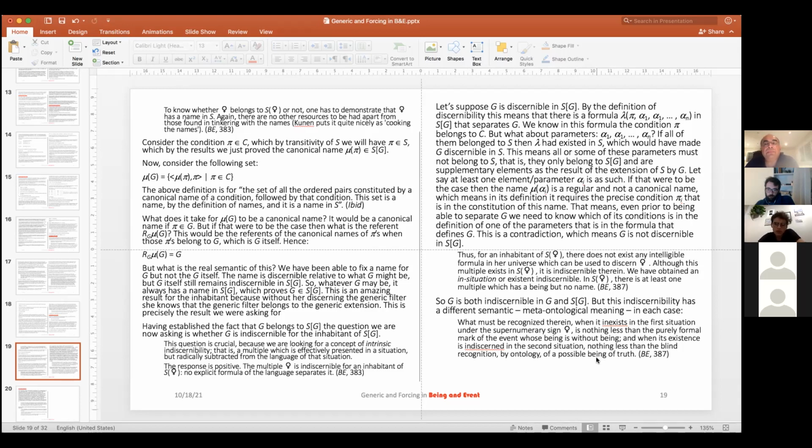Can I ask, can you clarify a bit about G being indiscernible in the extension as well? Because it was my understanding that it's indiscernible from the previous standpoint, right? It's indiscernible in S. Yes, so it is indiscernible and inexistent in S. Right? Yeah. We are building a subset of,